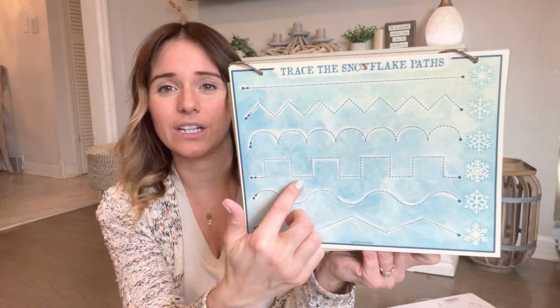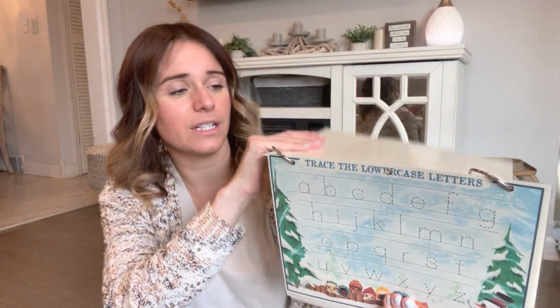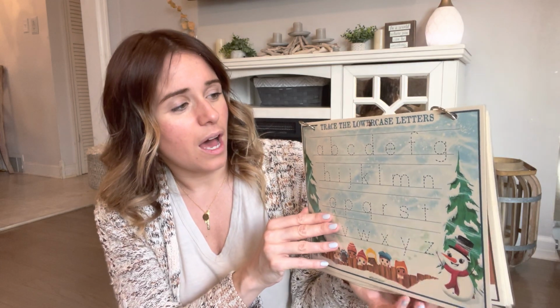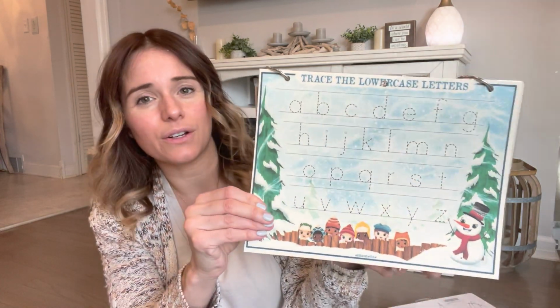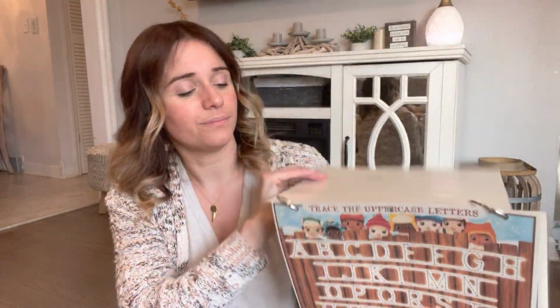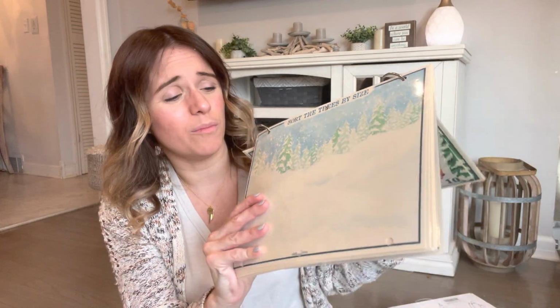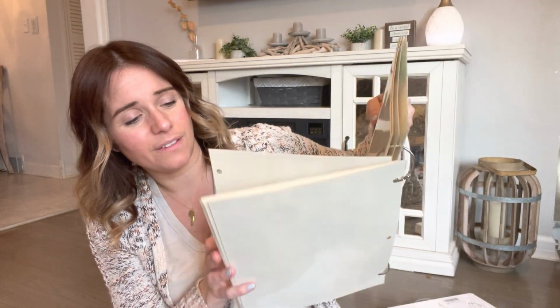And then these are just finger tracing. So these are really good for hand control, finger control. Trace the lowercase letters. You could do a dry erase marker on these as well. Trace the uppercase. And the reason I said it's almost all put together is because the last few pages